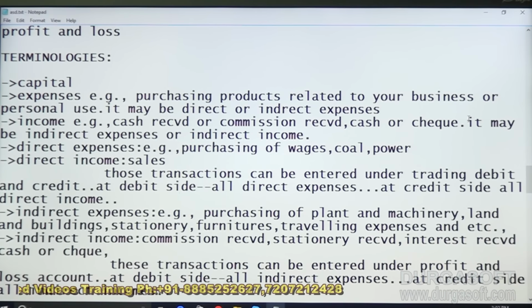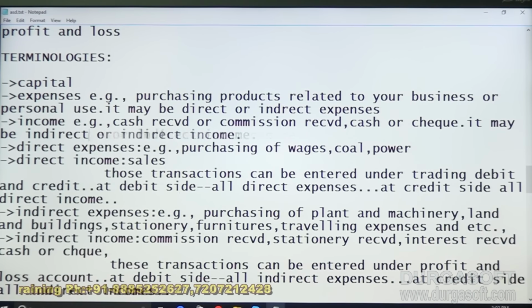Sorry, it may be direct expenses or indirect expenses. Direct income or direct expenses, direct or indirect income basis. So, coming to direct expenses, purchasing of wages means it is not related to an office,